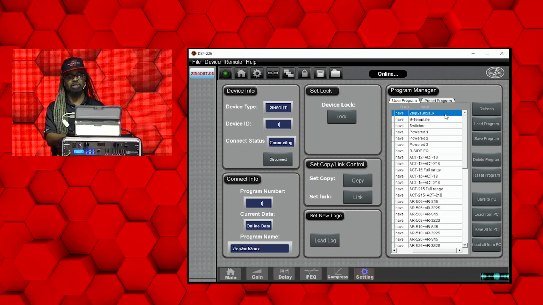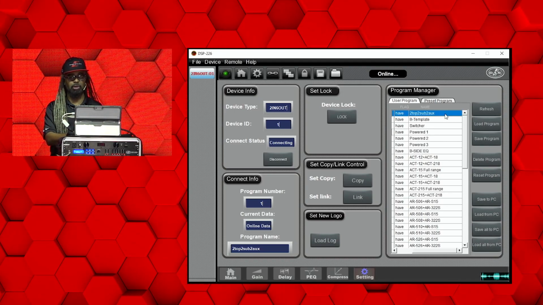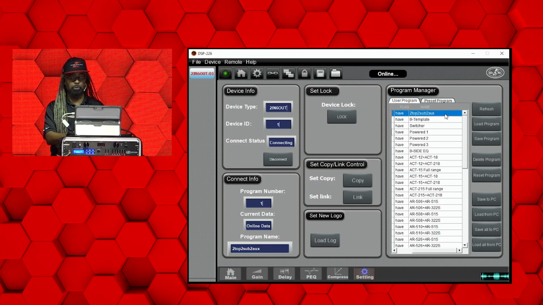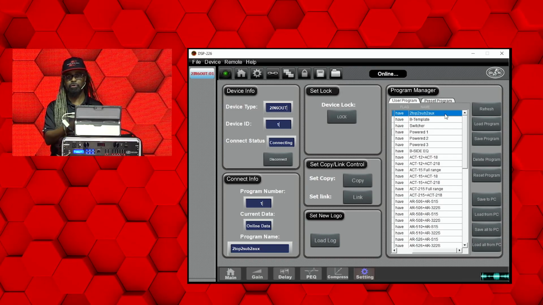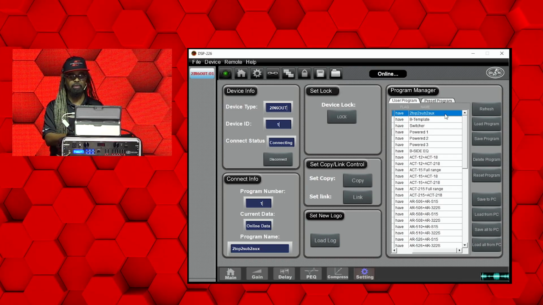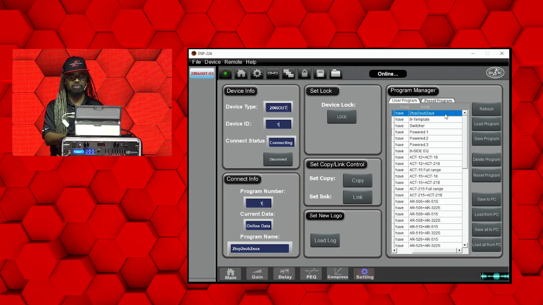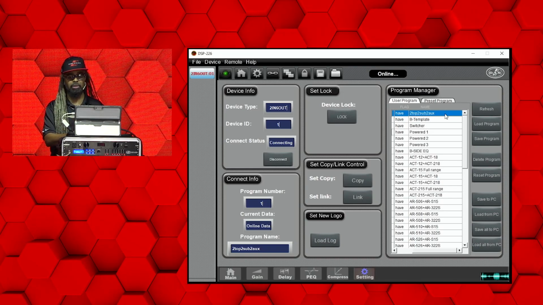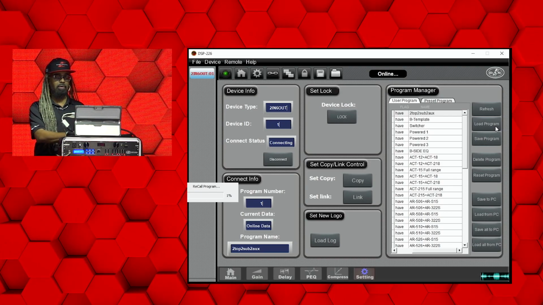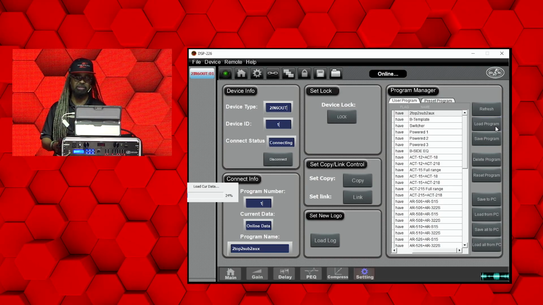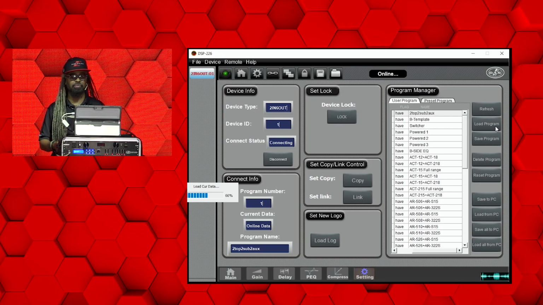My favorite is the 2 tops, 2 subs, 2 aux. If you would like this preset, make sure you reach out to us via email. We'll make it available for you to download online free of charge. It's a very simple, good starting point, and I'm going to now load that program onto my DSP-226,